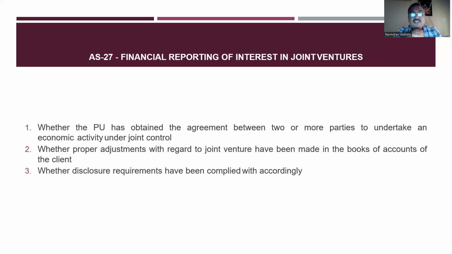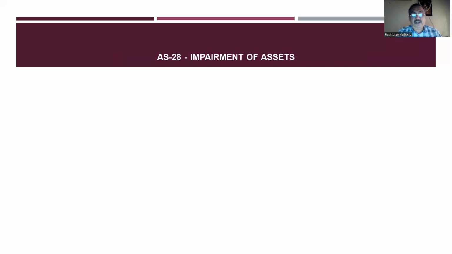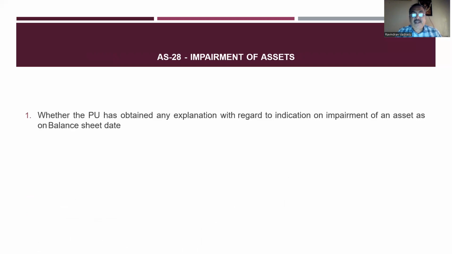As usual, whether disclosure requirements have been complied with accordingly. This is AS 27. And now impairment of the assets. Whether the practice unit has obtained any explanation with regard to indication of impairment of an asset as on balance sheet, that is, after providing depreciation, whatever is written off,